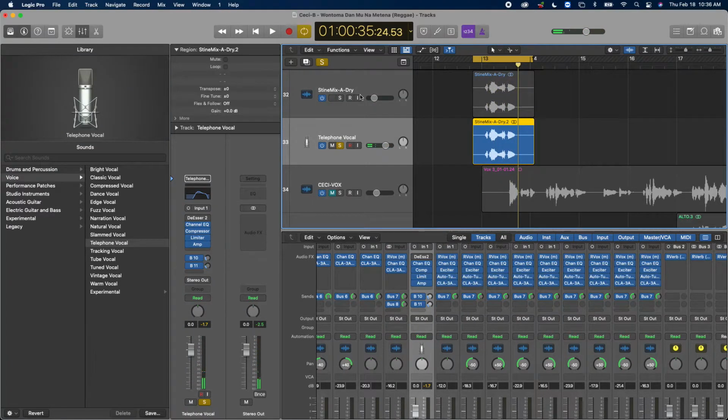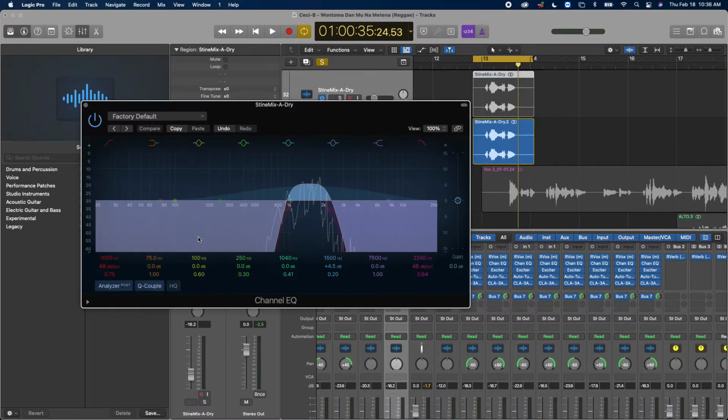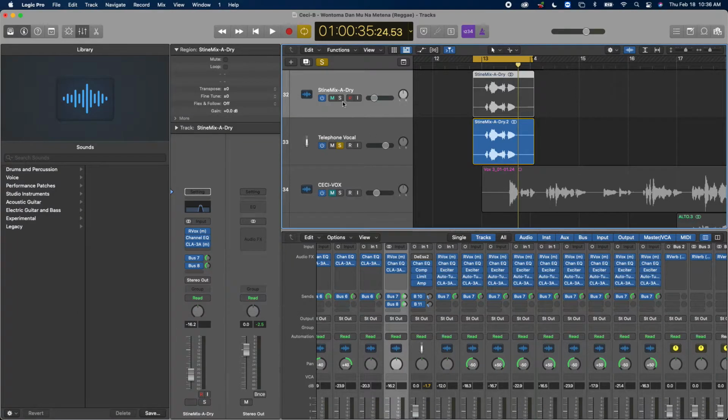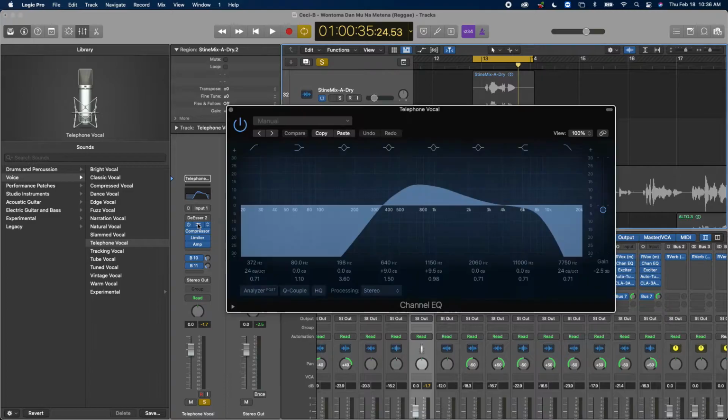All right, so when we come in the chain, we said the most important thing is the EQ. So that means Logic is probably not doing the EQ the way it needs to be, right? Logic preset is not doing a similar thing. We can tell it looks a little bit of the same. It looks like it has a low cut here, a high cut here, and a big boost here, but that looks weird, right? So we come here and it's definitely not what we're looking for. Plus, it has some other gains in there that we didn't call for.